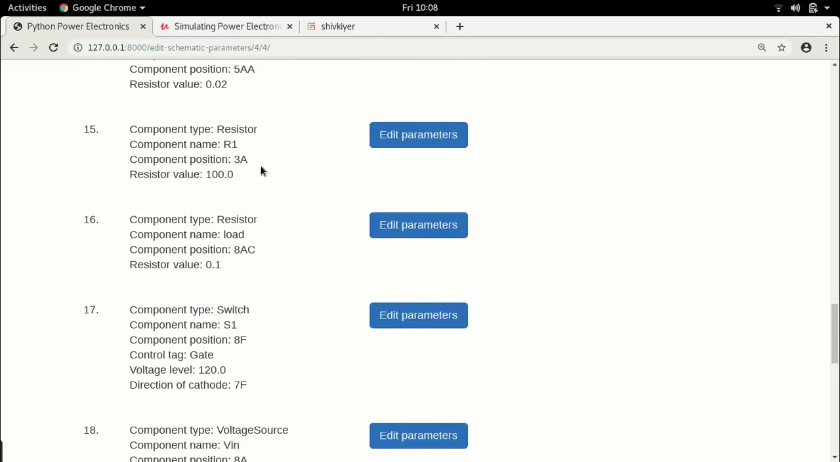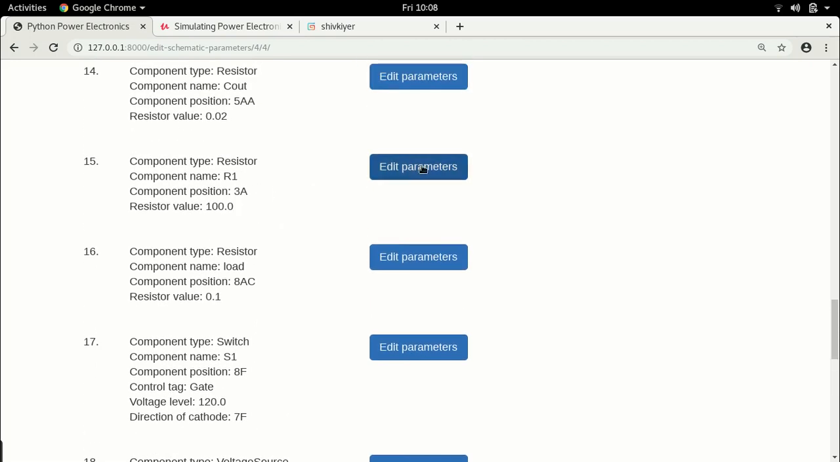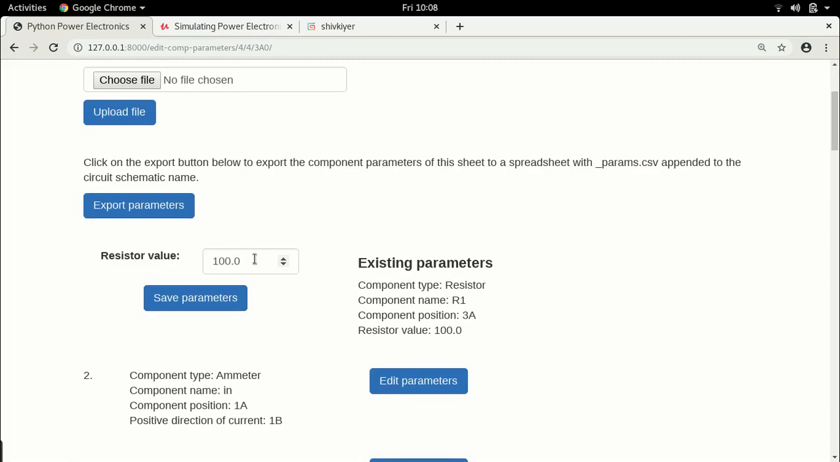We have, oh, I'm surprised it did not change. Let me do it again. Oh, I think I changed the load resistance. That was a mistake. I see that has changed. So this is R1,